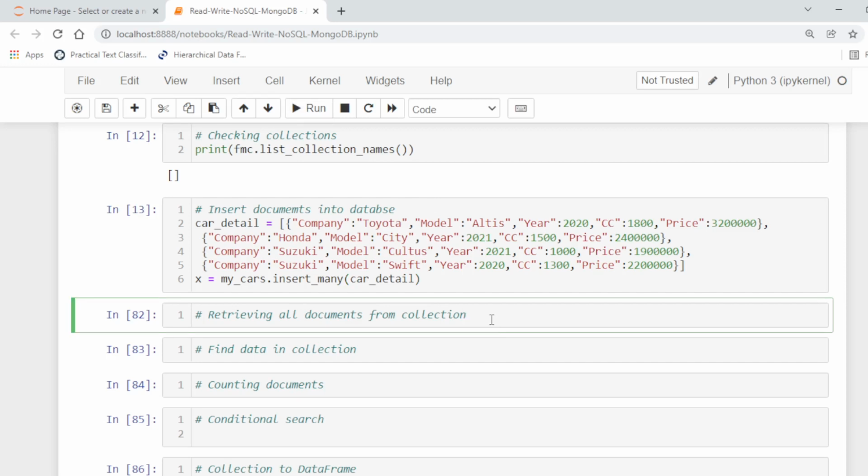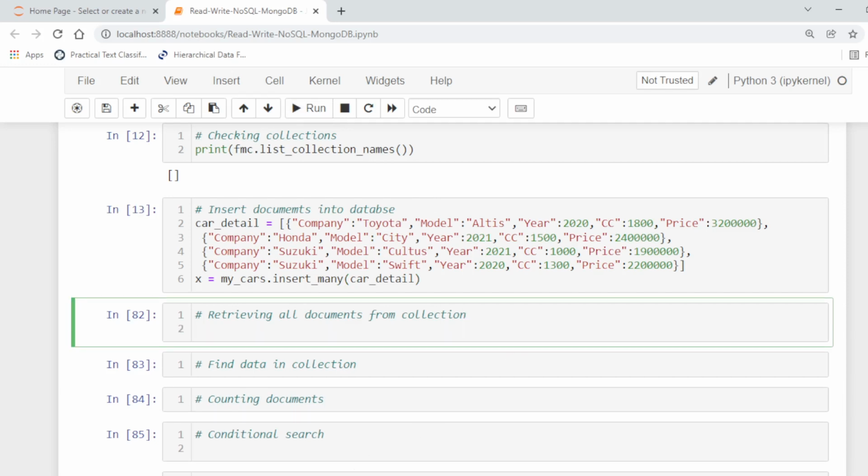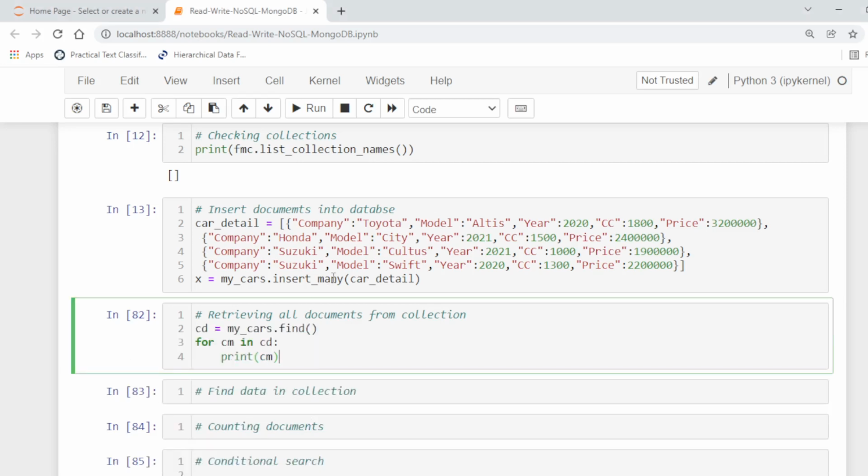Now to retrieve all documents, for example, if we want to check the number of documents present in the collection, we can use the find function, and it will return the documents in the given collection.